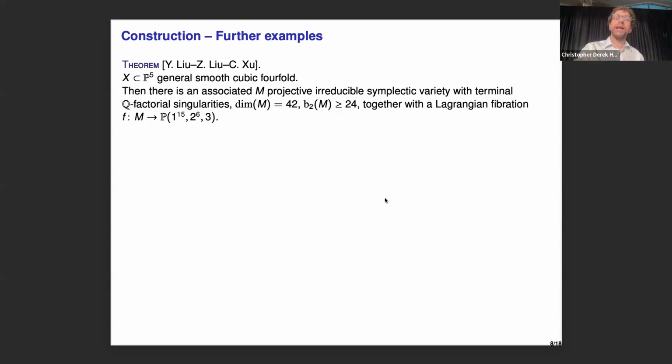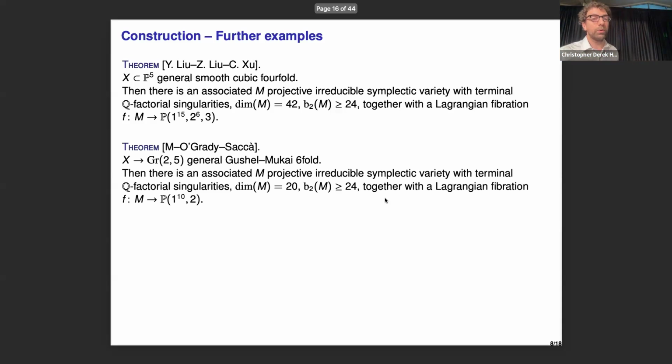And it also comes with a Lagrangian fibration, and there is some weird condition that the base, in this case, is actually singular. So this happens also already in the fourfold case when I have something singular, but this is some interesting weighted projective space. And so when you have some geometric construction, then you can generally produce something interesting. The second case to study is the case of Gushel-Mukai. And so that's what we did with Kieran and Julia, which is the next theorem, essentially with the same method.